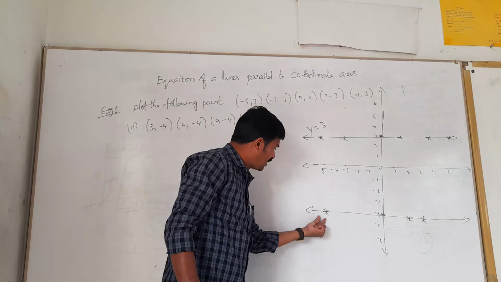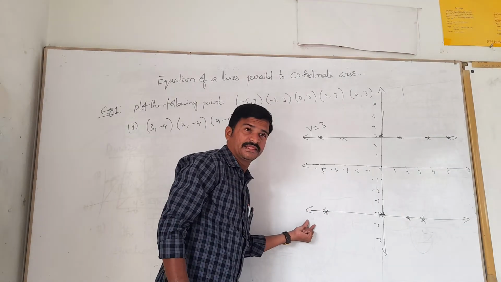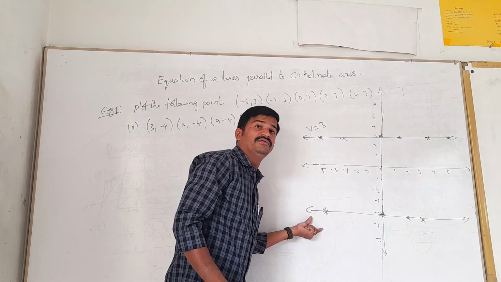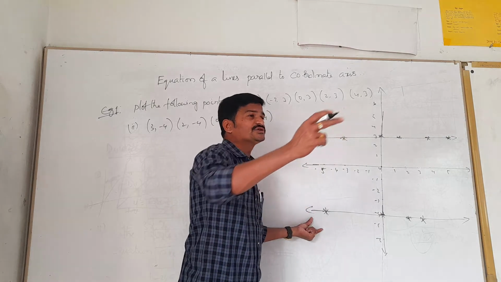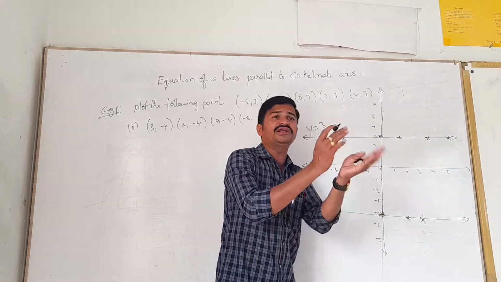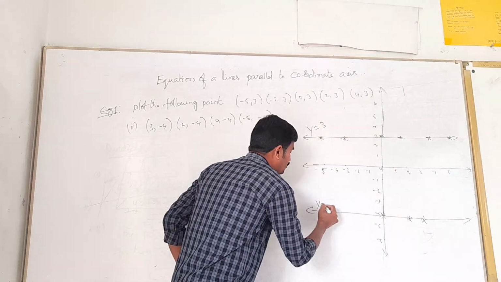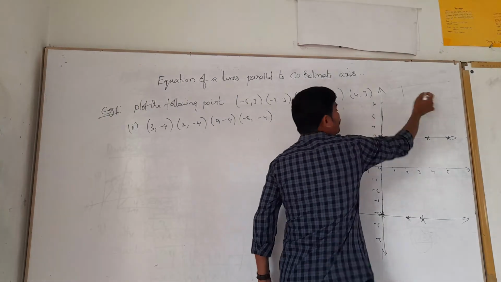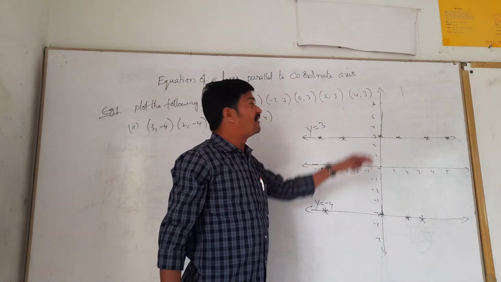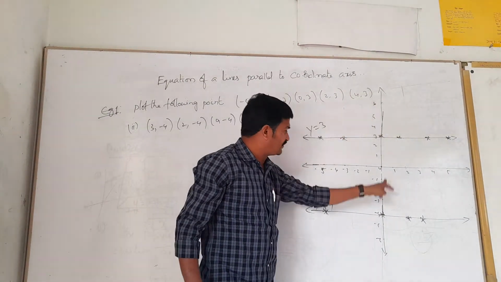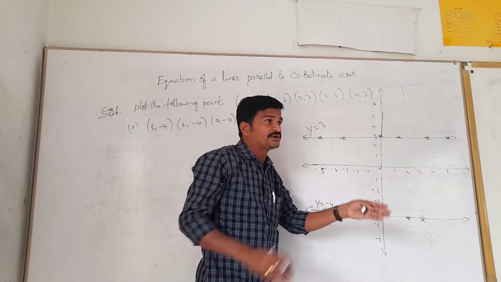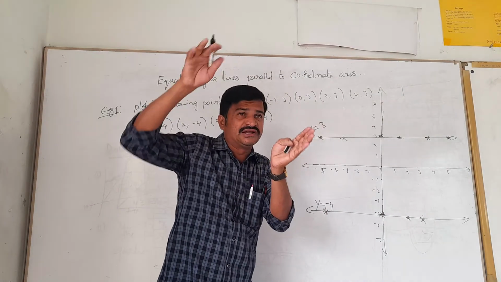So shall we give the name y is equal to 3 for this also? What we can give? Y is equal to -4, because y coordinate is -4. So here y is equal to -4. If it is passing through like this, what we can give as the name? Y equals to 6 we can give. If it is passing through like this, what we can give? -2. That means y is equal to, that value is changing or not?